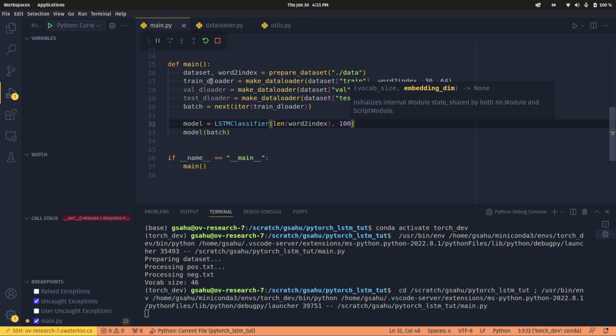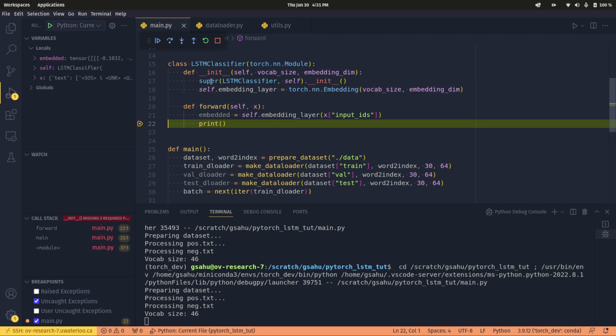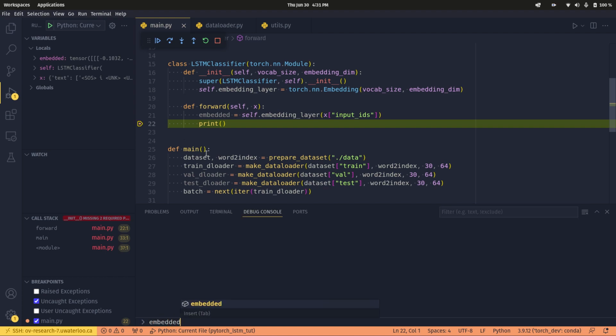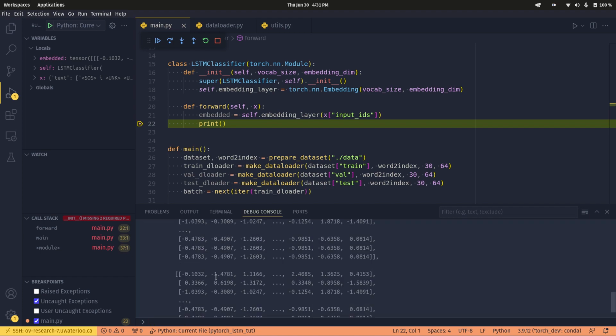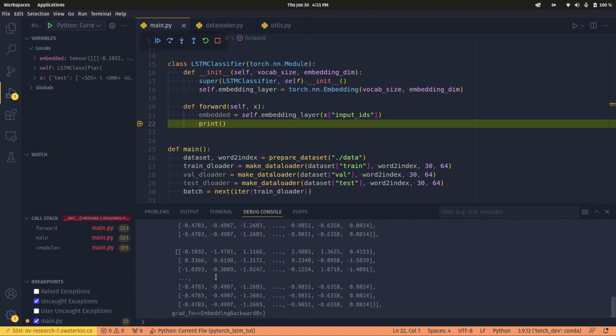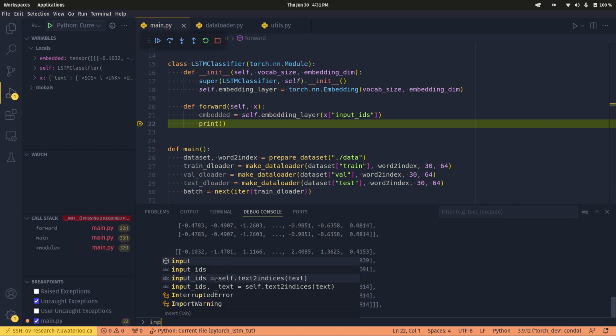We want things to move fast. Okay, so now if you look at the embedding's shape, it's going to be batch size by your max sequence length by embedding dimension, and what it looks like is something like this. You cannot really make much sense of it, but essentially your input